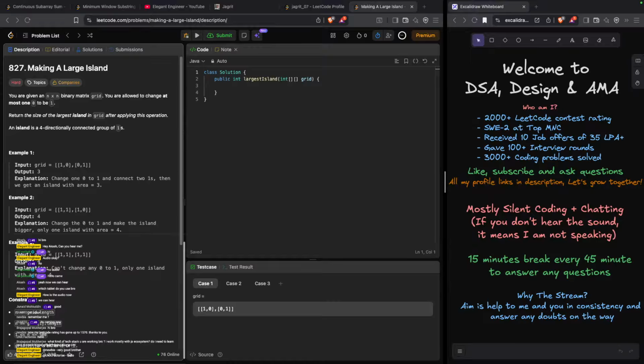The other approach is that we compute the island for each group of ones, and store the size of each island.